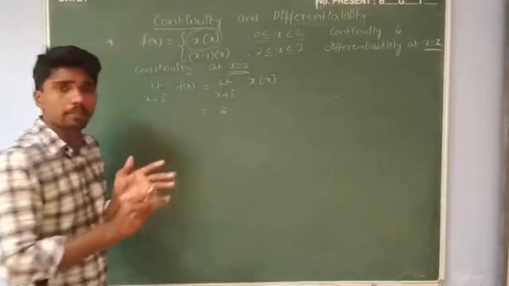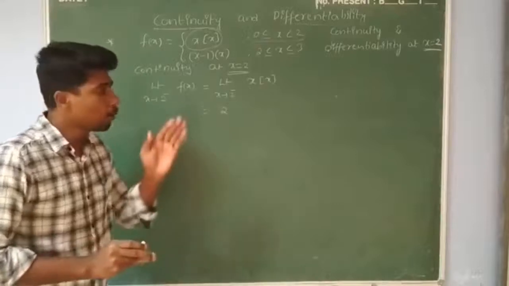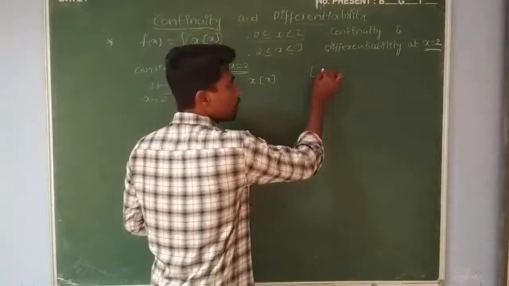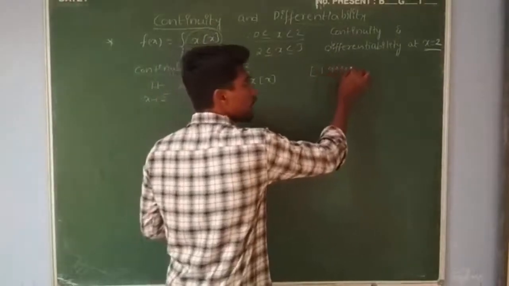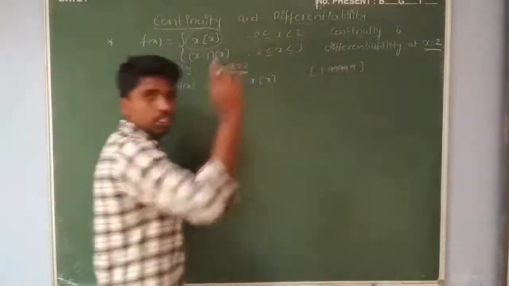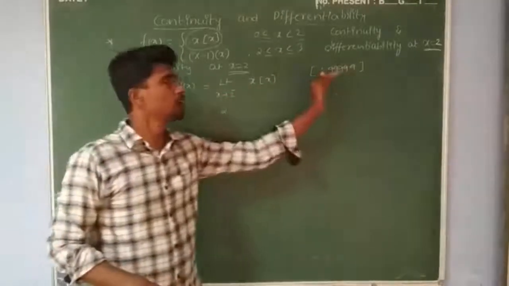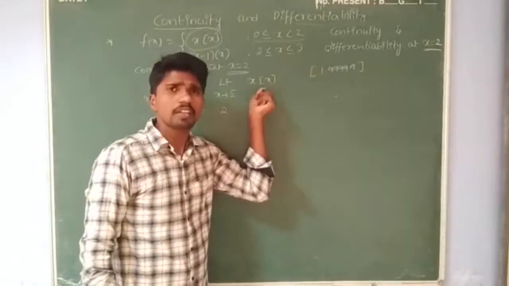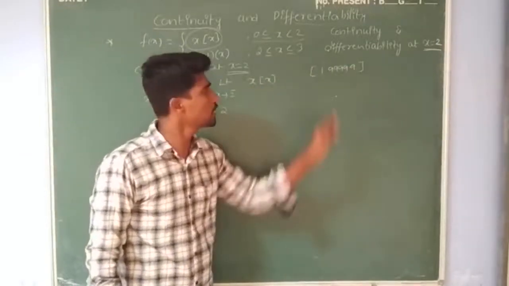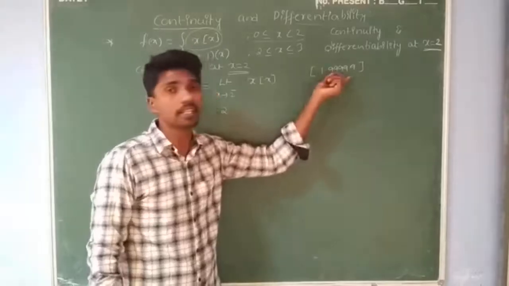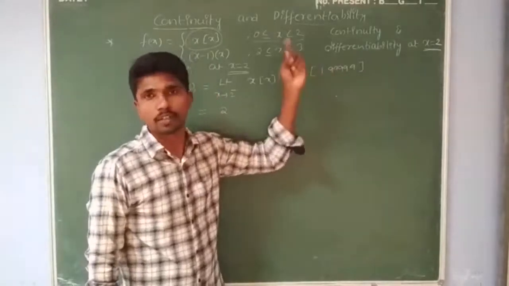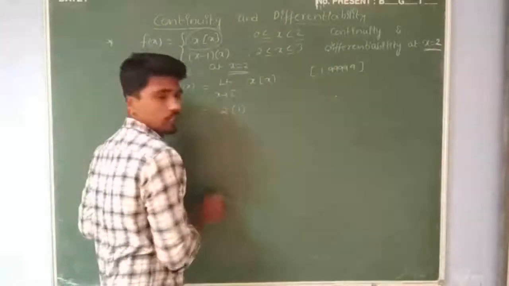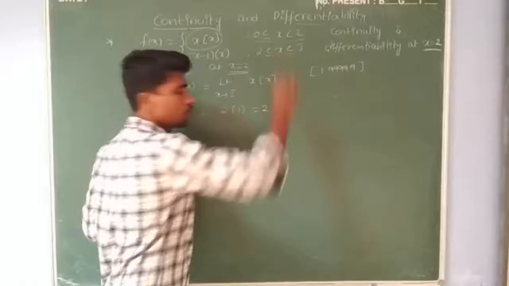Now x tending to 2 minus, step x. What does 2 minus step x represent? Approaching 2 from left side, which is nothing but step of 1.99999 and so on. It is not exactly 2. Now what is the definition of the step function? Nearest and smallest integer. What is the nearest and smallest integer for this particular decimal number? Which is nothing but 1. So I substitute 1 here. I get 2 into 1, which is equal to 2.